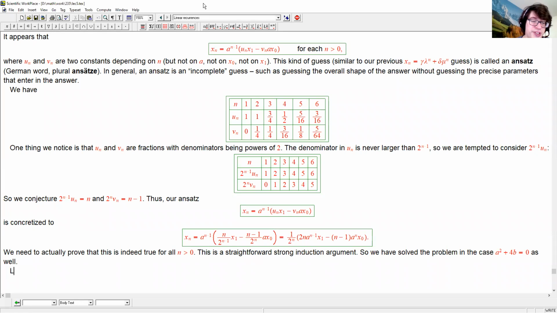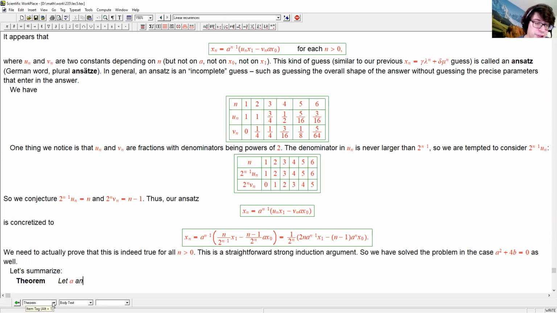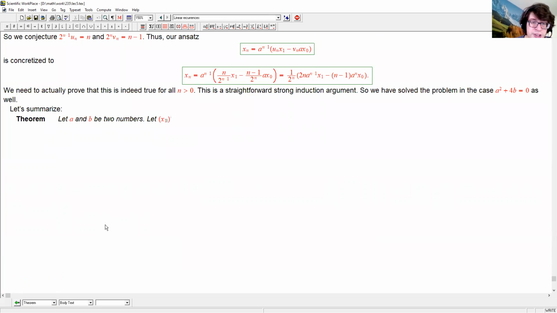So let me summarize. What did we prove? We proved the following. Let A and B be two numbers. Let x0, x1, x2, and so on be an AB recurrent sequence. Then, if a squared plus 4b is non-zero, then every n satisfies